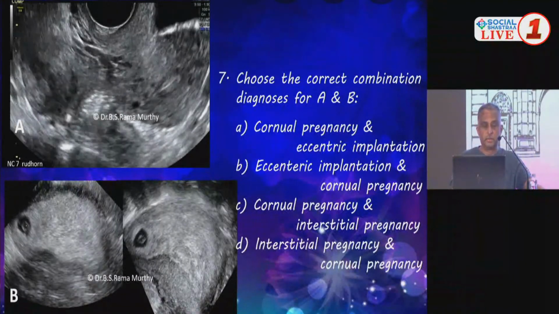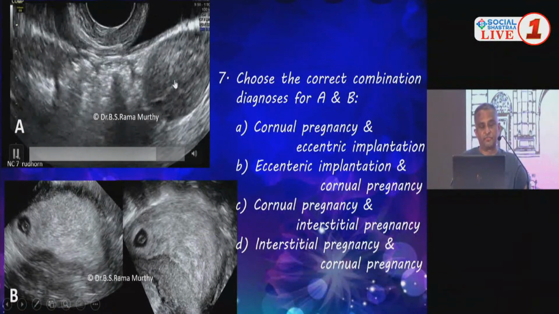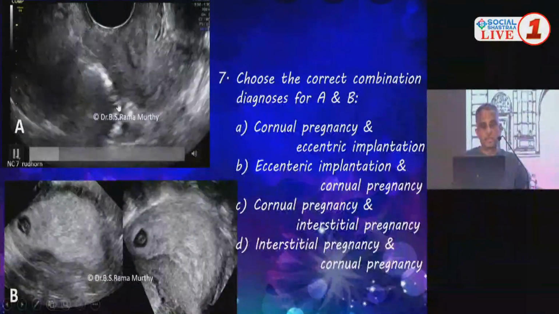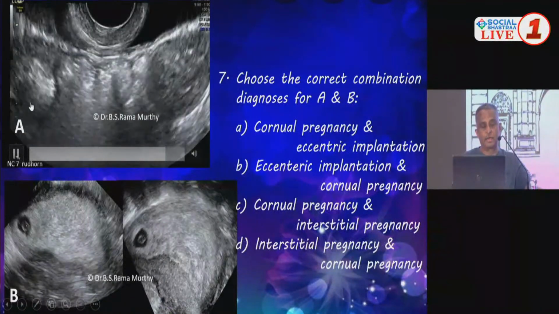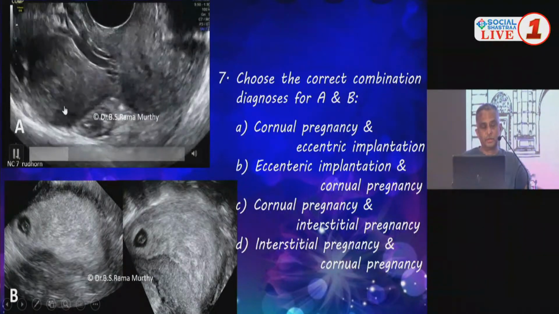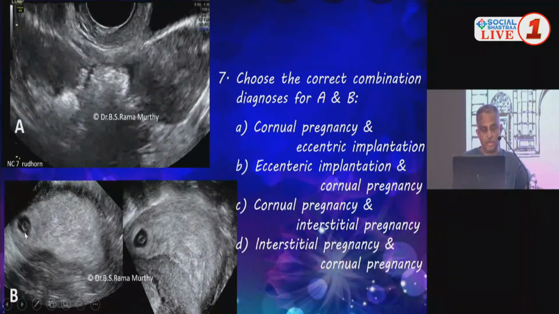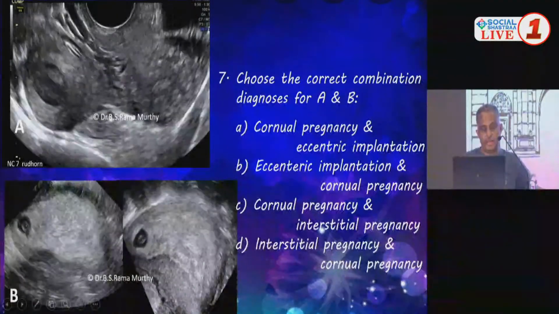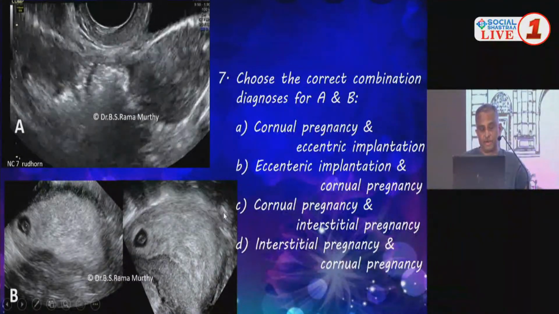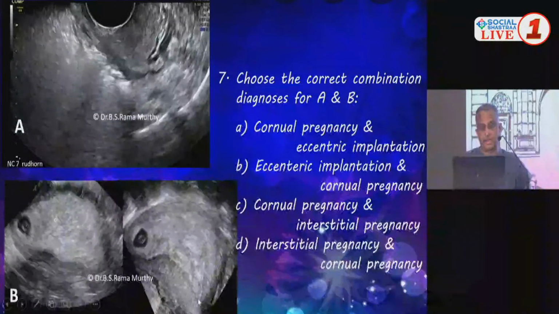And this is a clip. There are 2 different cases. The first panel is case 1. B is case 2. This is a transvaginal scan, a transverse sweep. The findings are seen here. Right? On the other hand, this is the coronal section of yet another case. And mind you, this is a coronal section. So that's the fundus. This is the cervix, cervical aspect.